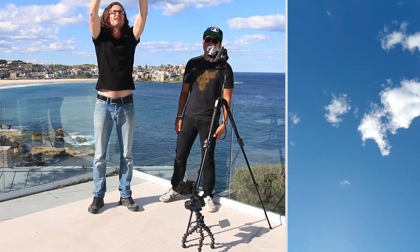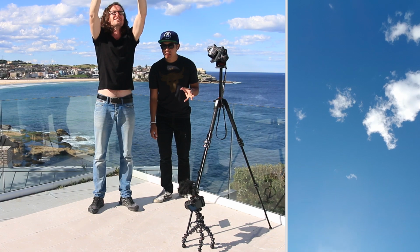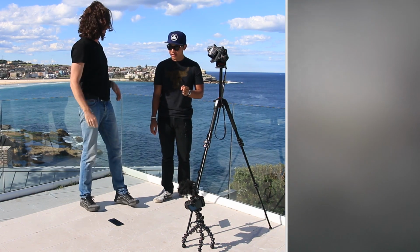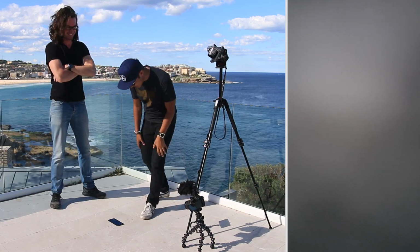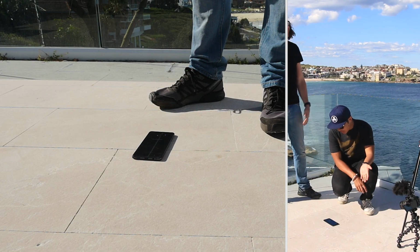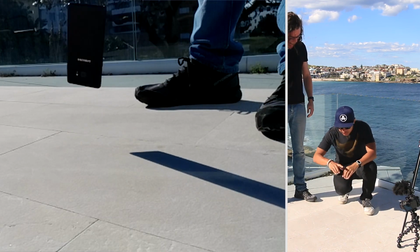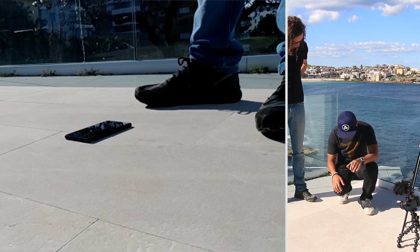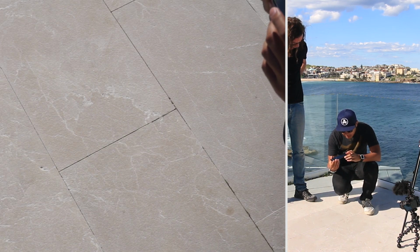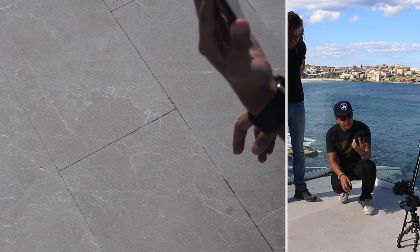All right, we have the final test, doing a back test again because the screen is already broken. In 3, 2, and 1. That was on the back. That was much better. I did good. That was much, much better, but the back, it's totally fine. It did land on its face again, but just taking a look at the back, yeah, it looks fine. There's a tiny little crack on the bottom here that I'll show you in a close-up, but yeah, it's still,